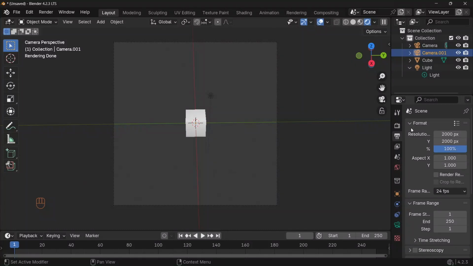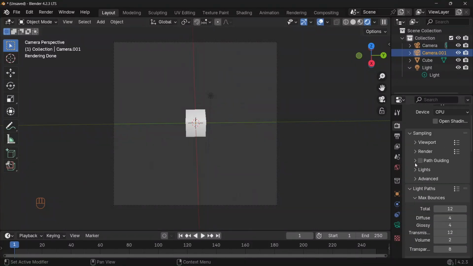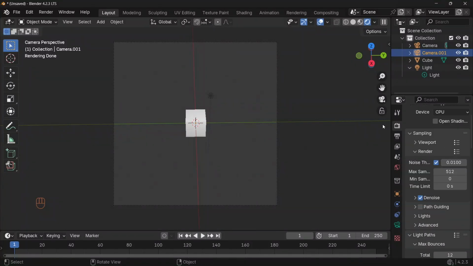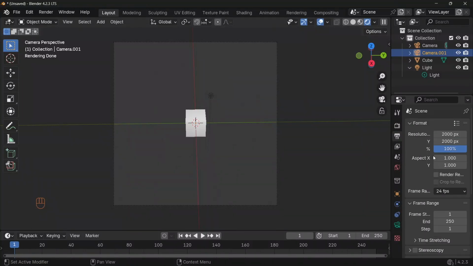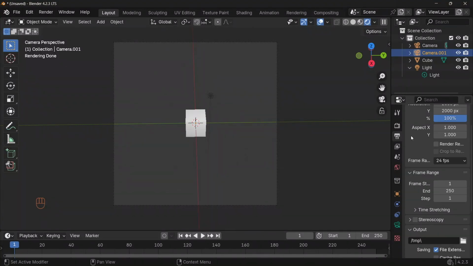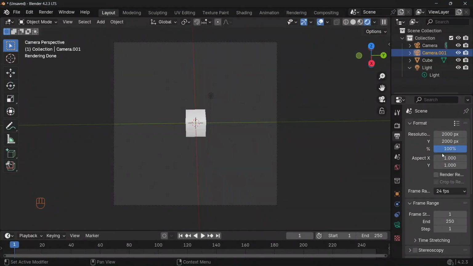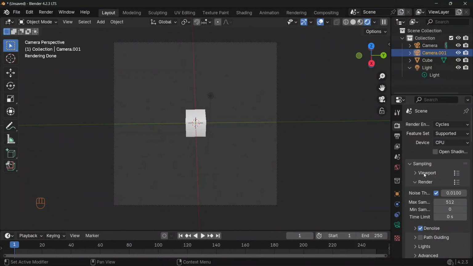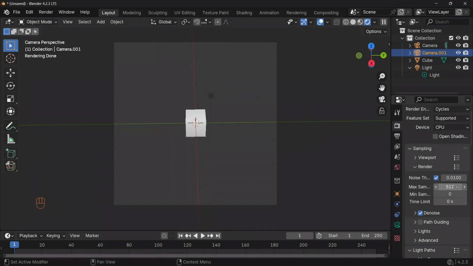You get sharper images if you decrease the samples and increase the resolution to 4K, then you have a lot of pixels and it looks nice, but it isn't completely true to the lighting situation. So you can also go with 4,512 samples as a good render. But it would take a long time, and for an animation you can just